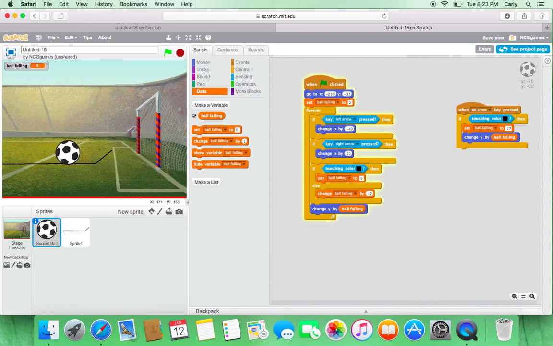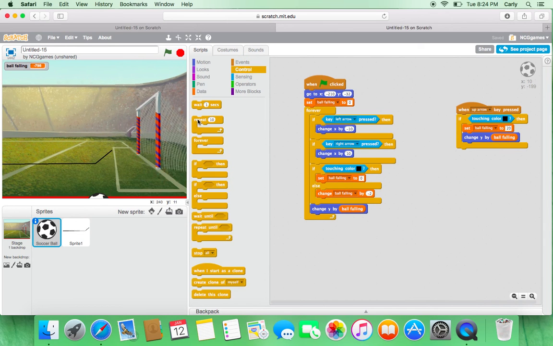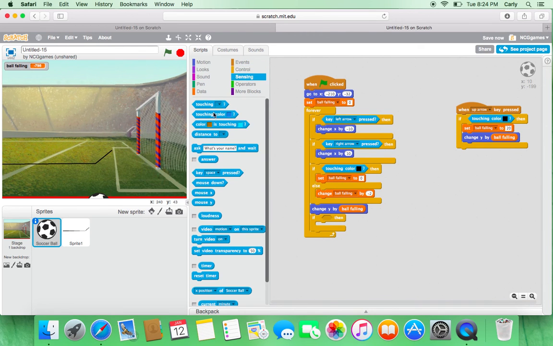But when you go into the goal, it just falls right through and it falls into the red. Oh wait, I forgot about something. We have to code the red. So what we want it to do when it hits the red is go back to where it started. So what we're going to do for that is the if block. We can just drag it right into this forever loop. If touching color red,